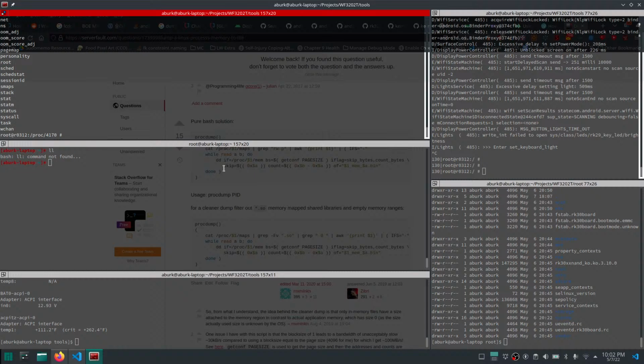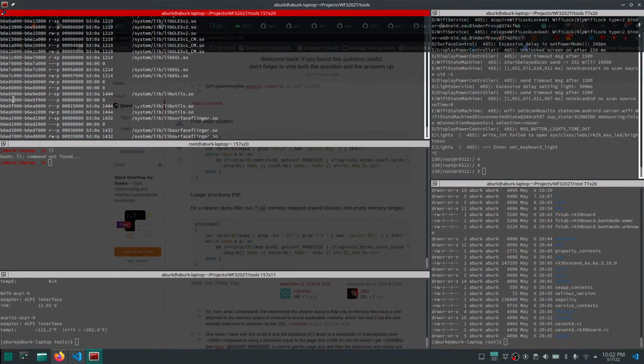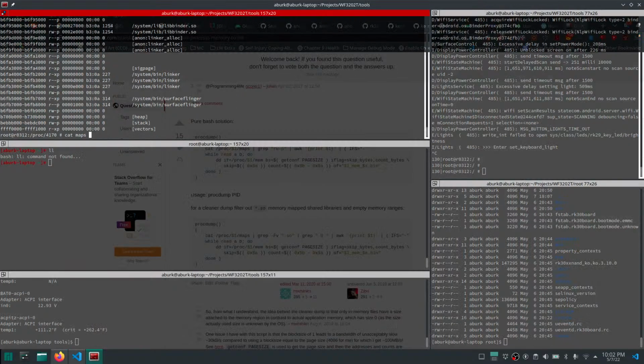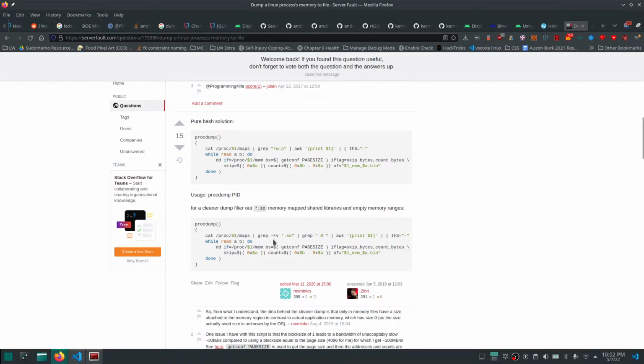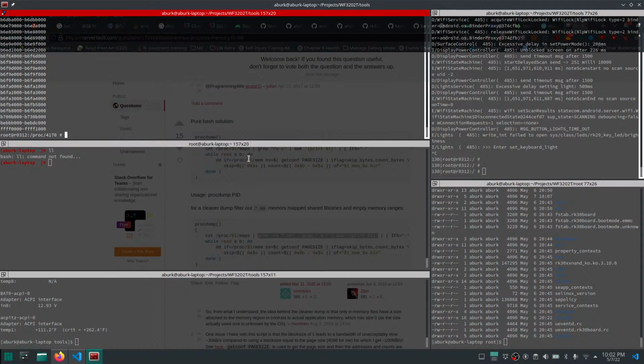So, if we cat maps. Okay. And we find grep dash